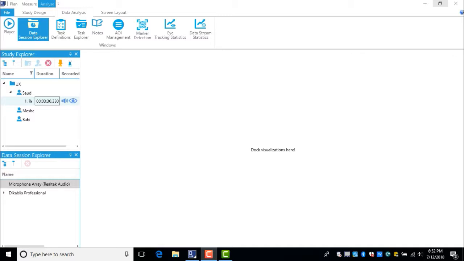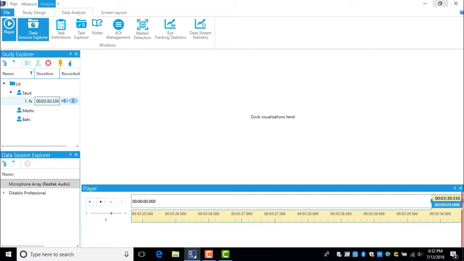In this video, we're talking about how to use the data analysis widgets. As you see here, we are in the analyze, and we have nothing being visualized here. So we will start with the player. Click the player, that will enable us to play back our data that we already recorded. The same thing, we will drag it and drop it to this area